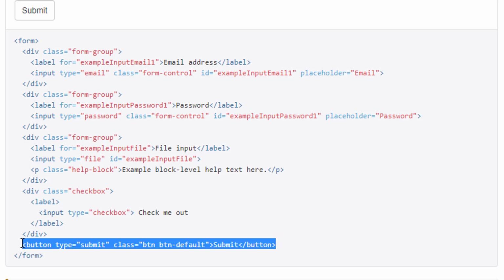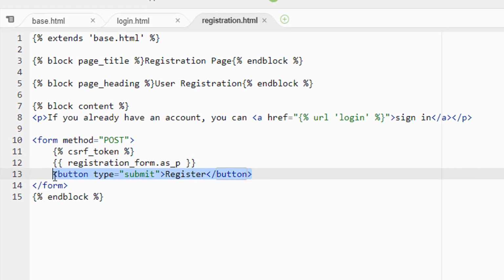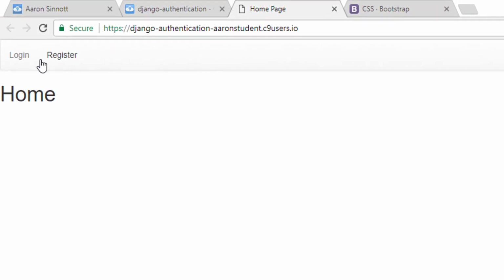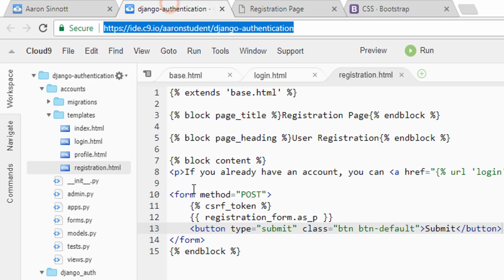So I mean we can change the button. I'm going to copy this button here from their documentation and paste that in. And I will get a Bootstrap style button, but I won't get a Bootstrap form or anything like that. Just the button. And the way around this is there's actually a third-party library called